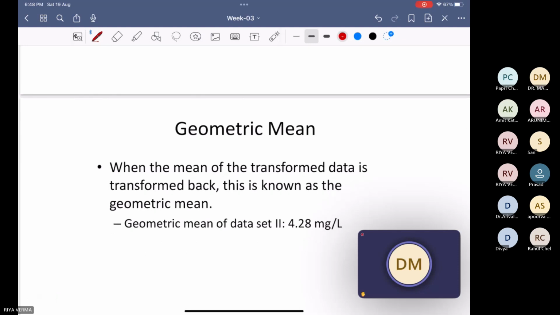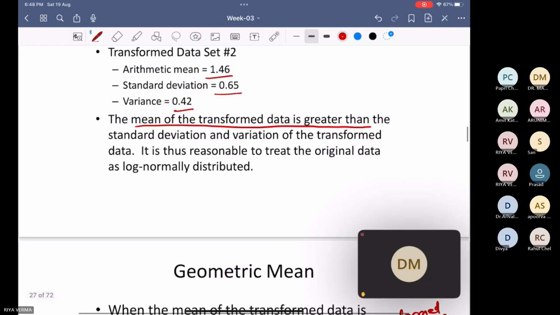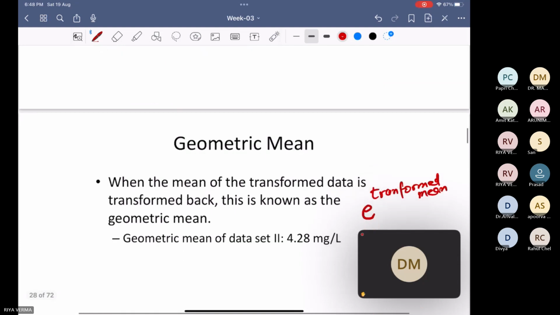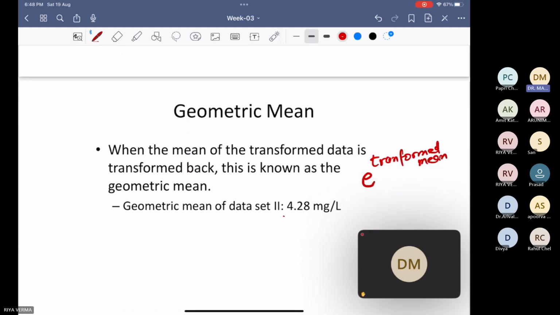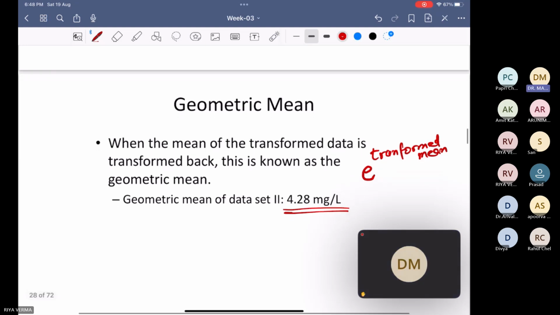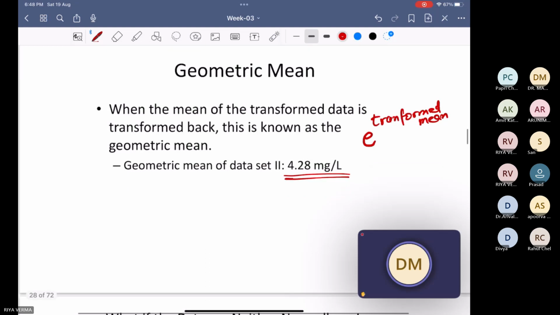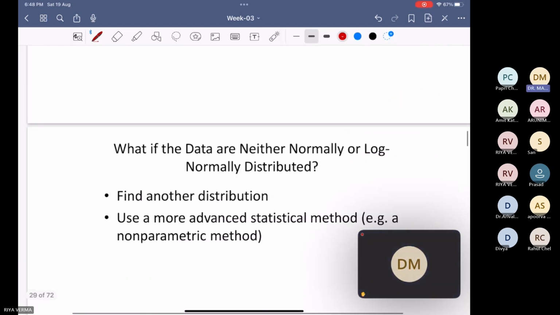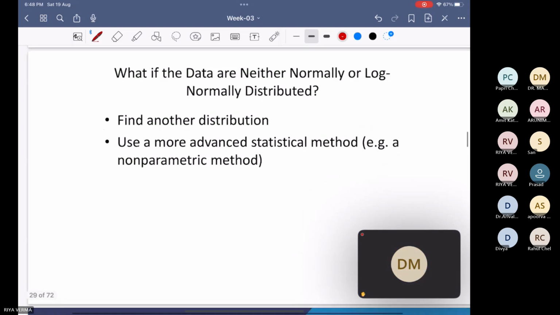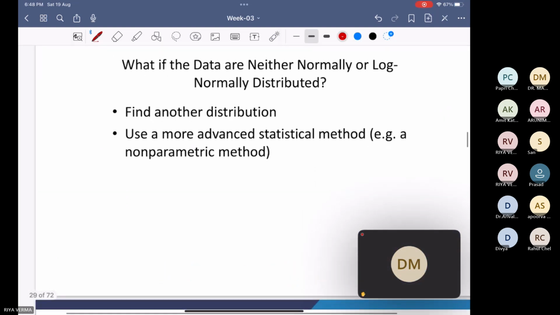और जब भी जो ट्रांसफॉर्म डेटा सेट का मीन है अगर उसको हम वापस से ट्रांसफॉर्म करें, करने का मतलब है कि e रेज टू द पावर ऑफ ट्रांसफॉर्म्ड मीन. दैट इज ये जो अरिथमेटिक मीन आया था ट्रांसफॉर्म डेटा सेट को, जब उसका e रेज टू द पावर हम लेते हैं तो दैट वी गेट द ओरिजिनल मीन. और इसी को, Okay, 4.28, और इसी को हम ज्योमेट्रिक मीन भी कहते हैं. ओके, सो